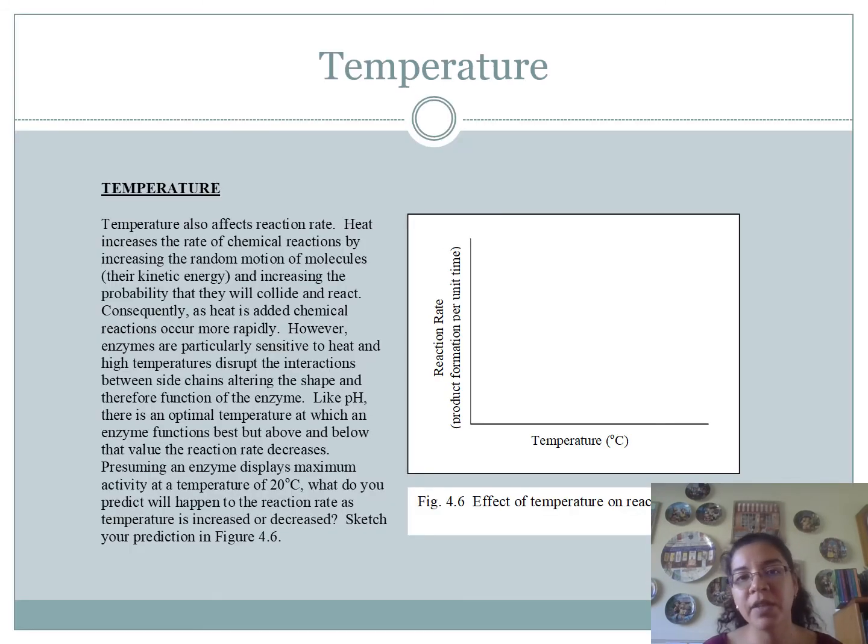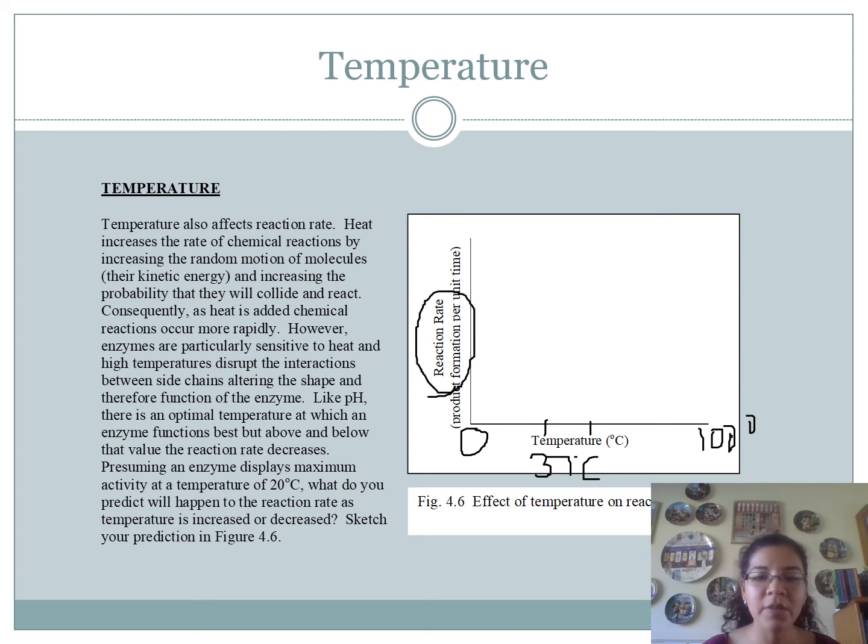So looking at some of the regulations of enzymes, we have temperature. I encourage you, you have the slide answers, but I encourage you just to think about this and try it without looking. You have the temperature, so you could go from 0 to 100 Celsius. 100 is the boiling point of water, and 0 is the freezing point of water. And you have a range in between, right? We have 50, and I'm going to put about 37 right here. So that's our body temperature. So if we are talking about amylase, we know that's going to work best. So the product formation per unit minute reaction rate. So how much product do we get? We're going to get a lot of product if we're talking about